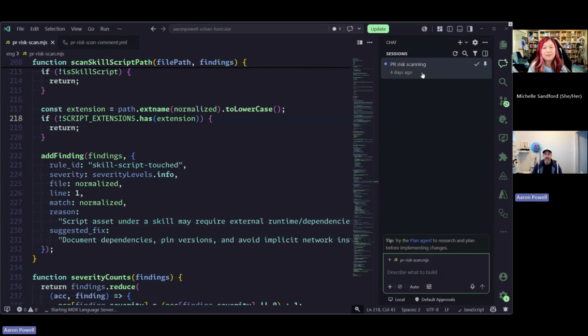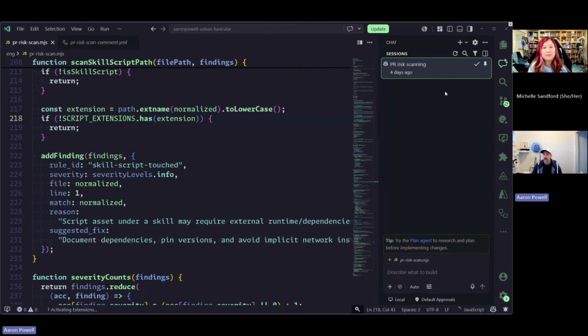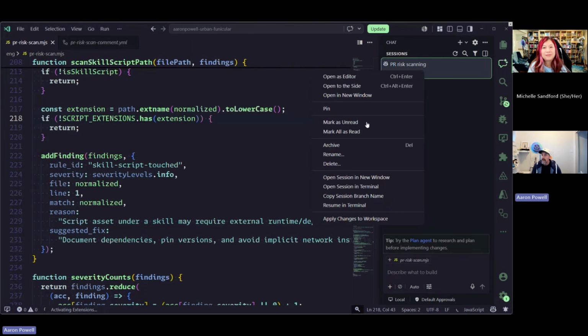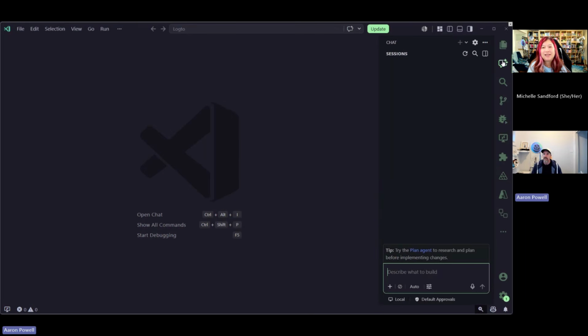So here is that session, PR risk scanning. I have that visible here, and then I could say, let's just open that in the editor. And then I'll see that session there, at least eventually that'll pop in. VS Code is still loading. But we'll leave that to run in the background.